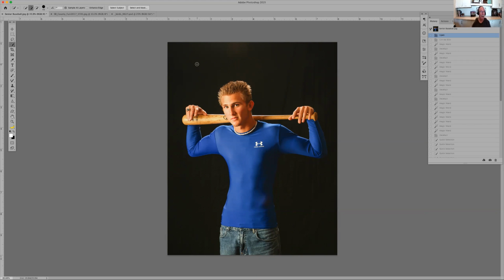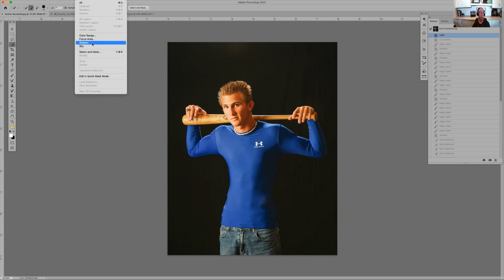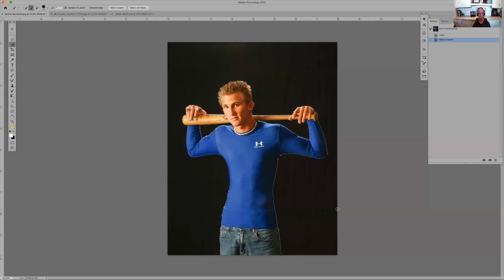5 minutes. Actually, less than 5 minutes, because the next tool I'm going to show you is Select Subject Tool. The very top, it says Select Subject. You also have, from the Select menu, you can go down to Select Subject. So if I click on Select Subject, wait a second, I don't have to wait 5 minutes. I've made my selection. I'm going to zoom in